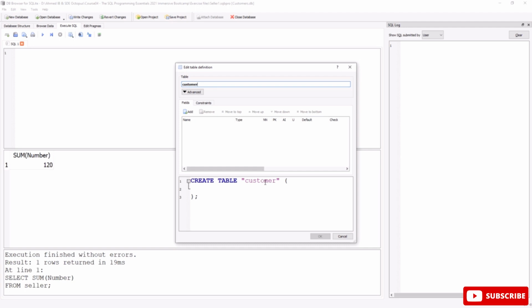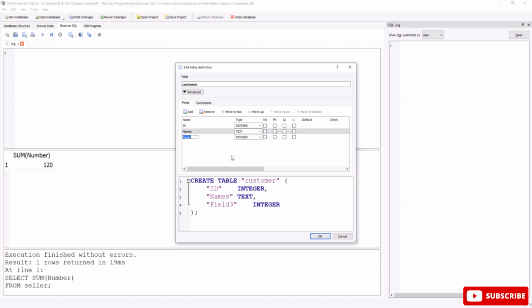We are going to insert 4 columns or 4 fields inside this table called customer. Let's see this also. From the add button, let's create the ID field or the ID column at the beginning, and the data type for this column is integer. Another one is called name. In this case, the second column is called name, text data type in this case,